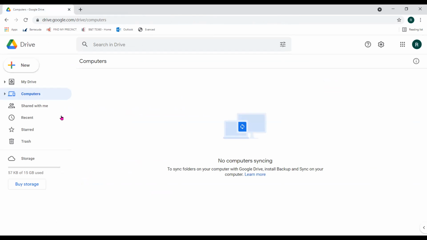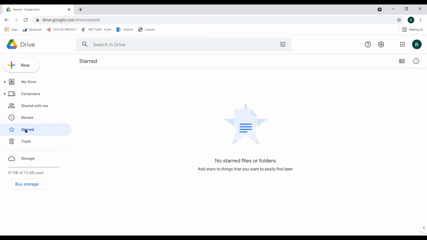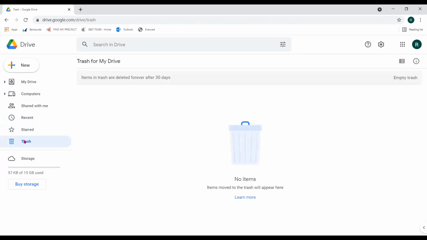I'm now going to move on to some of the simpler stuff. So recents is going to be as simple as the most recent files that you yourself have looked at. Starred are going to be any that you yourself have deemed as important that you want easy access to. And then trash is going to be anything that you have removed or deleted from your drive that you no